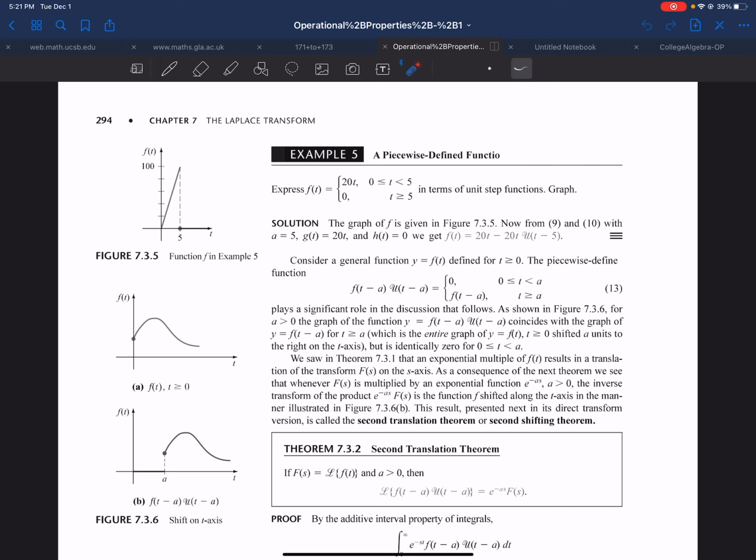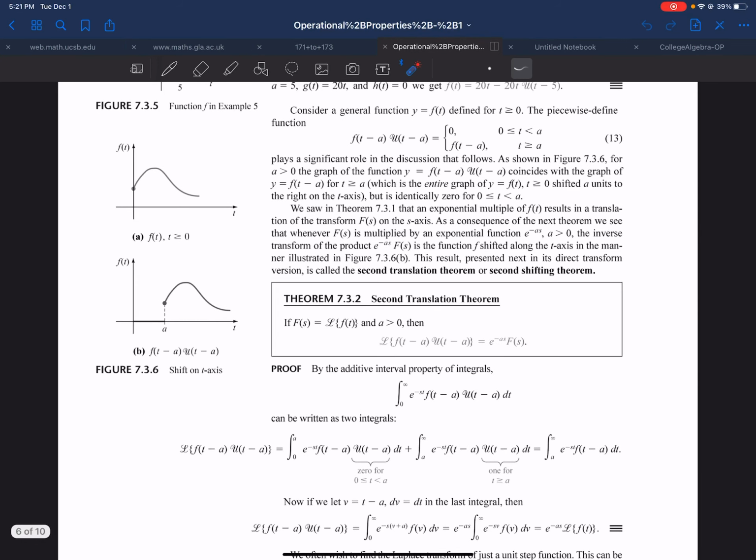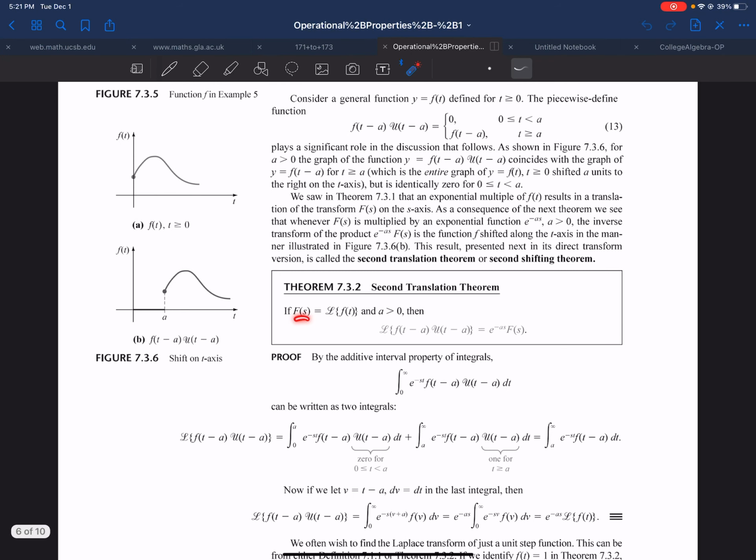And so the second translation theorem says this. If you know F of s is what you get when you Laplace transform this little f of t, and a is greater than 0, then if you Laplace transform a shifted function on that unitary piece, it's the same as just multiplying by e to the negative as times the function that you know is the Laplace transform of it. The proof, you can go through and see,